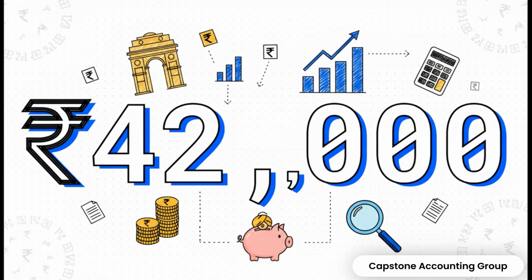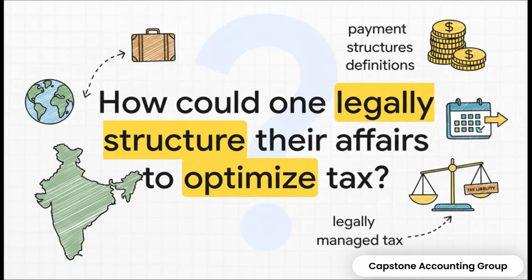See? Once you have the framework, you just follow the steps and it leads you right to the answer. And there you have it. That's how you can cut through the confusion of India's tax rules for international income. It really just comes down to those two factors, where you live and where the money comes from. Which, of course, leaves us with a pretty interesting final thought. Now that you know how the system works, how could someone legally structure their travel and their payments to optimize their own tax situation? Definitely something